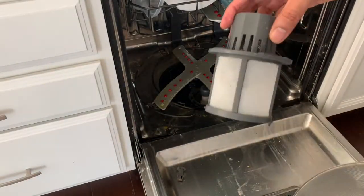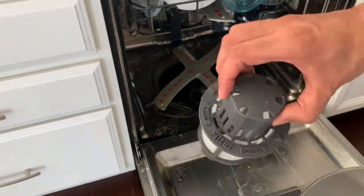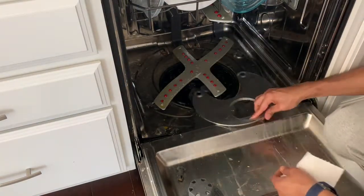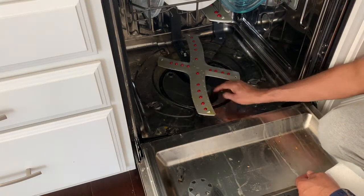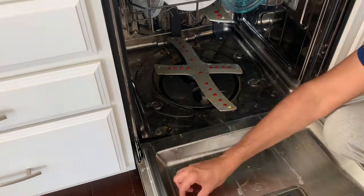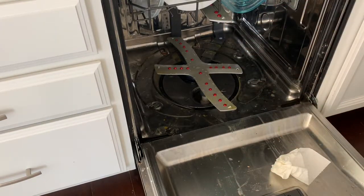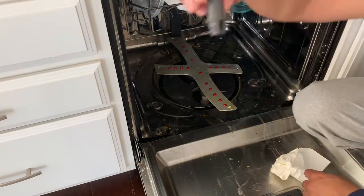And this filter also, have a look how dirty it was before. Now I'm going to install everything back. So we'll start off with this. Just place it like this. This lock needs to be rinsed. It has been rinsed, and it, as you can see here,